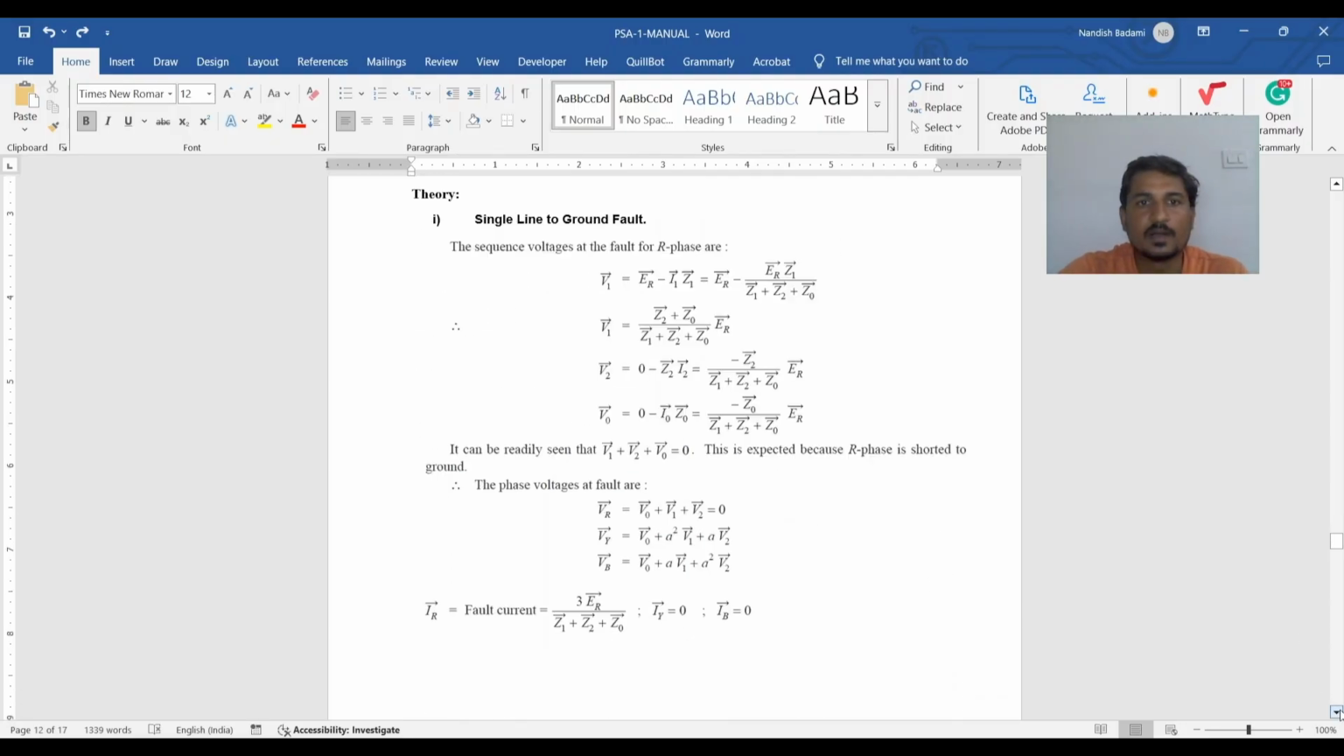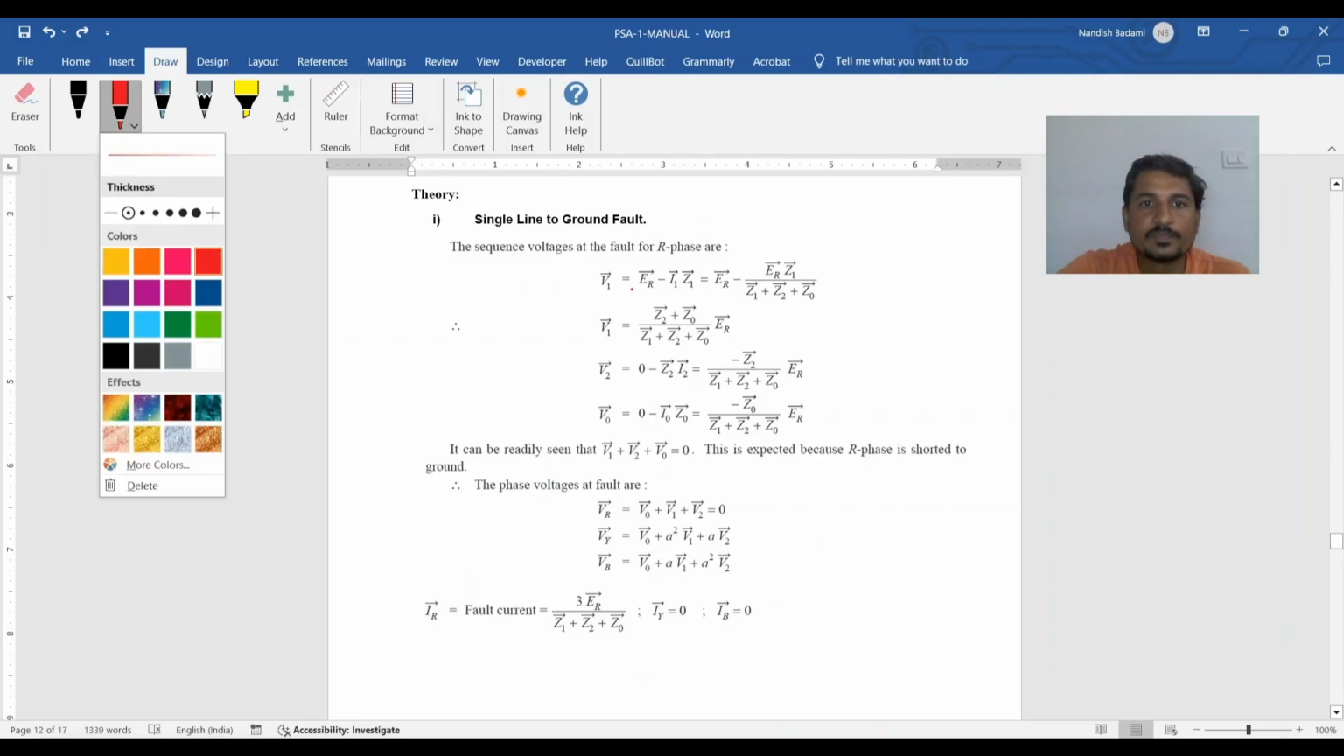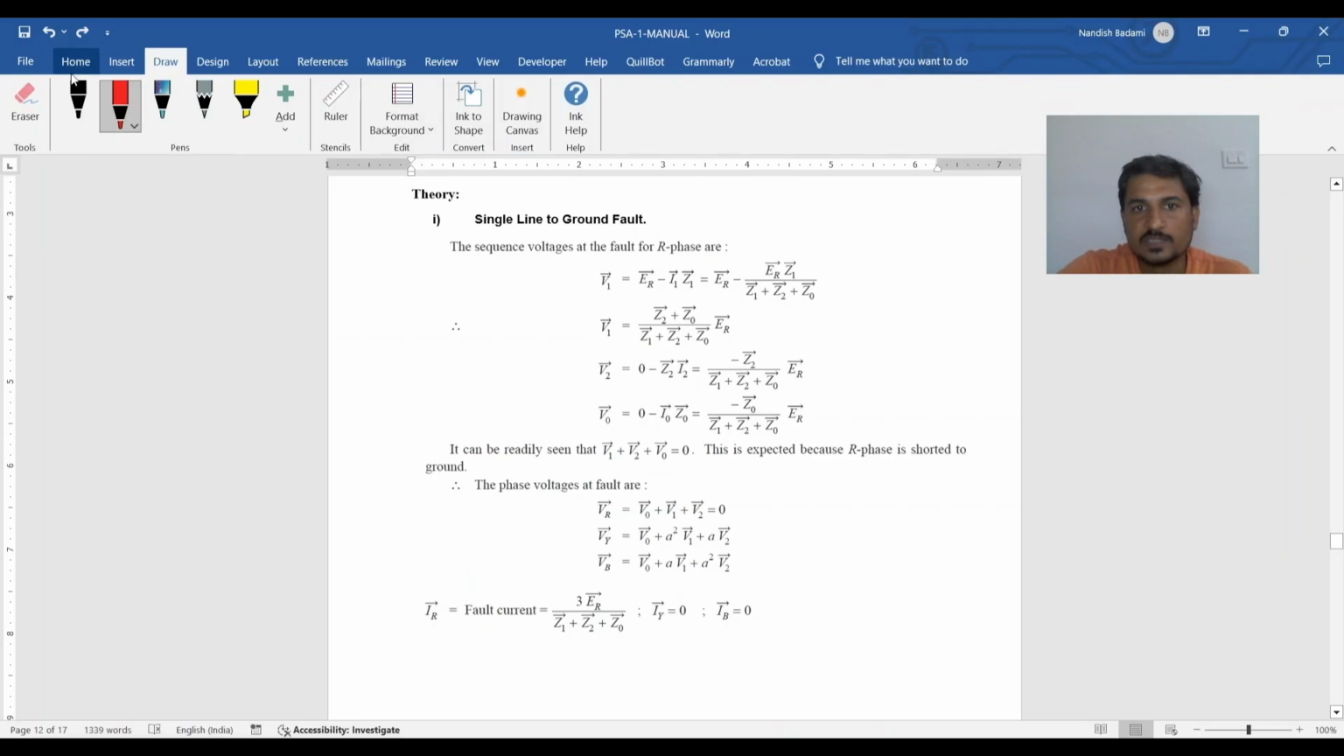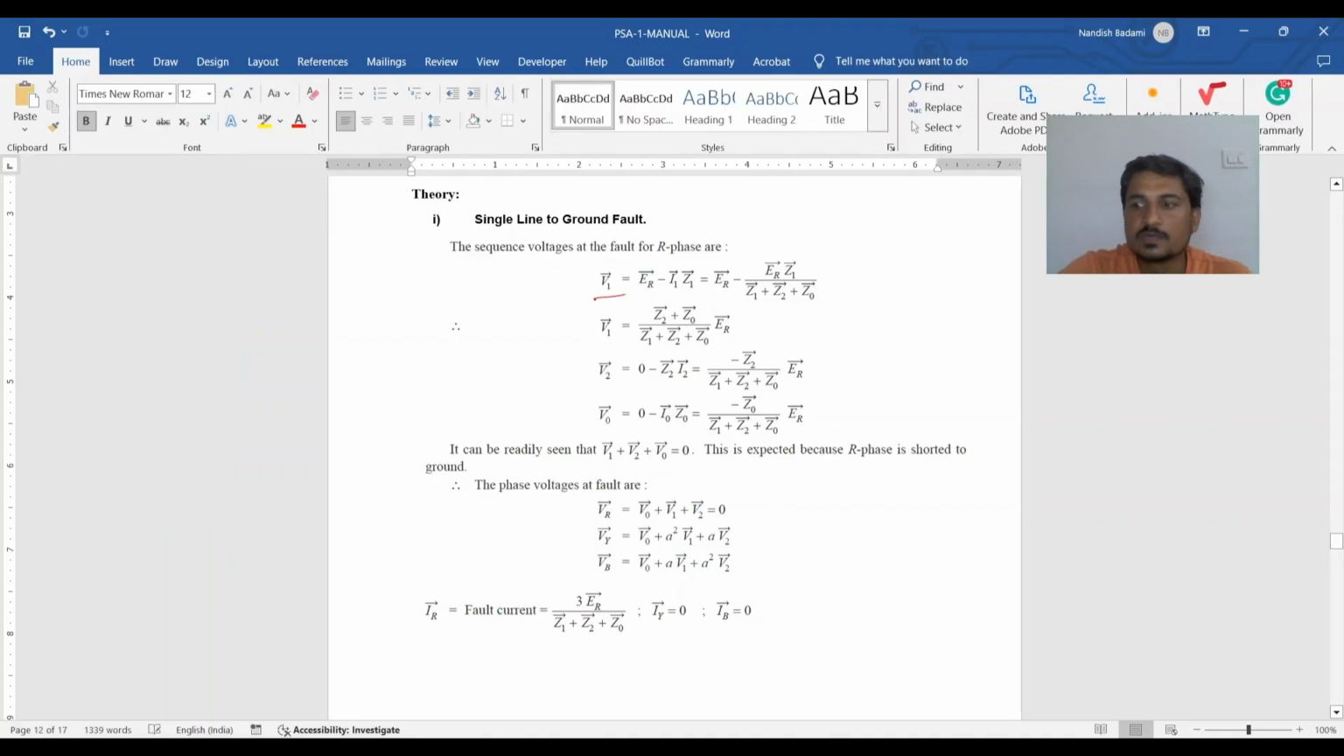Let us move on to the theoretical part of the single line-to-ground fault, where the sequence components are mentioned here. V1 is the positive sequence voltage, V2 is the negative sequence voltage of the R phase, and V0 is the zero sequence voltage of the R phase. This is when the fault is occurring at the R phase. We have taken a single line to ground fault. It can be seen that if we add these three, that would be equal to 0,